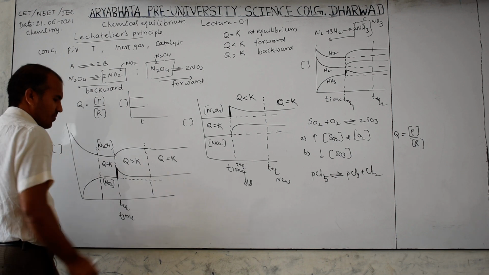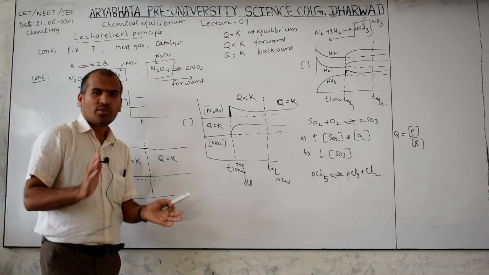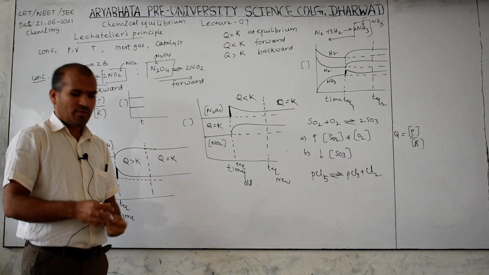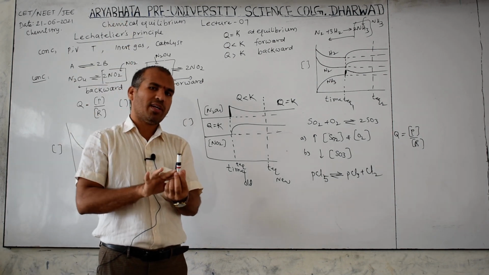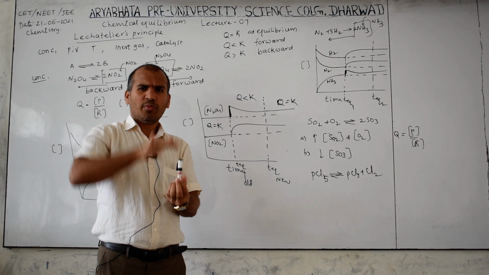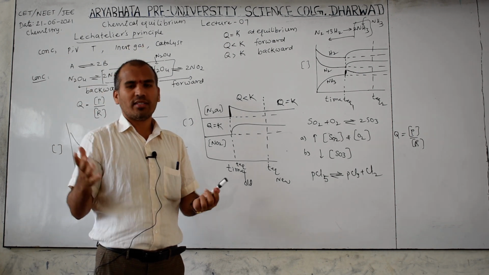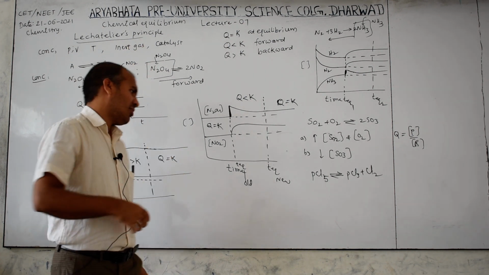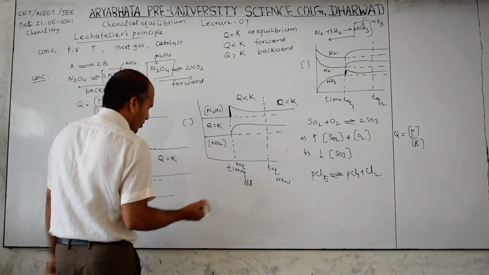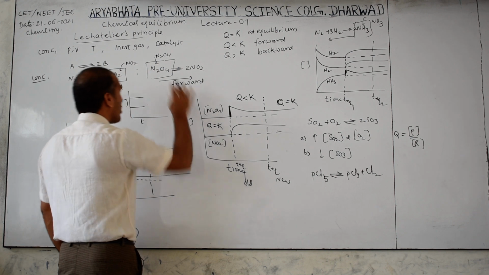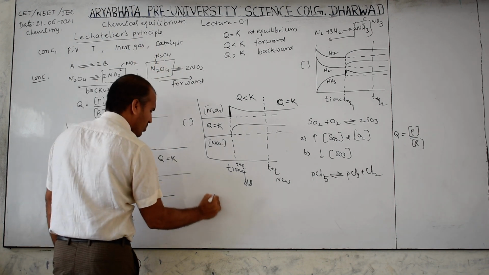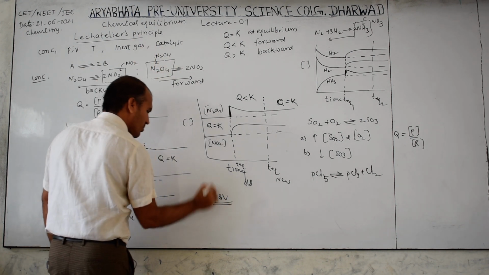Then pressure and volume are involved together, because if you take this as one cylinder and apply pressure, volume decreases. If you remove the pressure, volume increases. So together this effect will be there. Therefore, keep in mind, always according to Le Chatelier's principle. Now I am discussing the pressure and volume effect together.